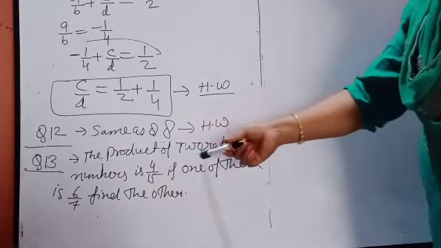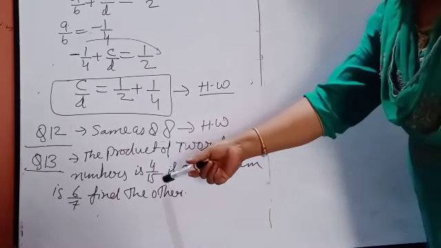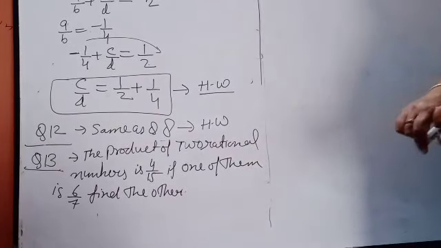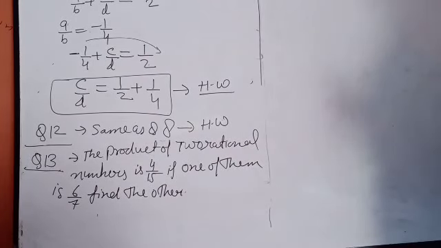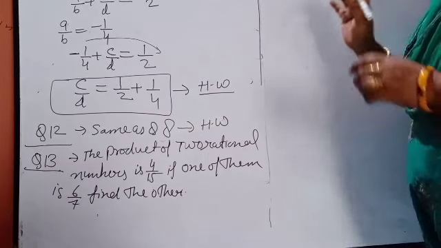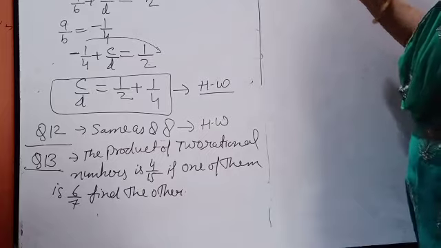The product of two rational numbers is 4 upon 15. Their product is given, and one of the numbers is given as 6 upon 7. We have to find the other number. Let